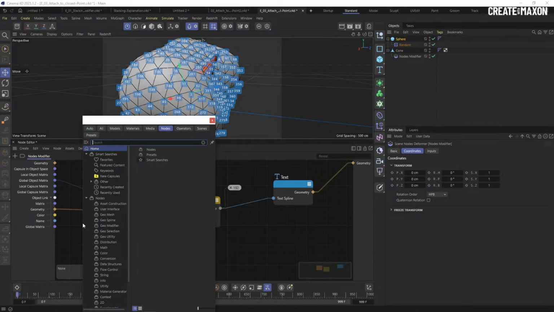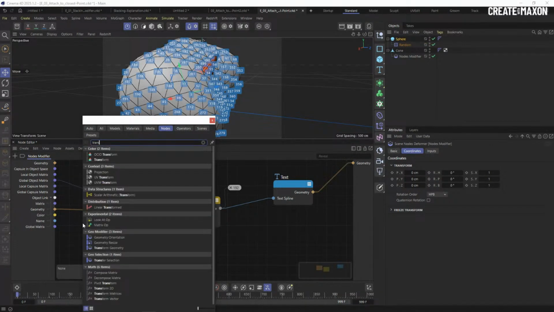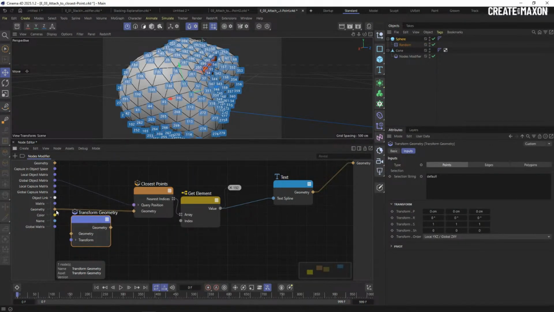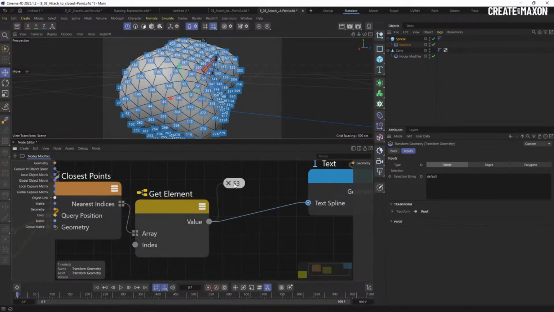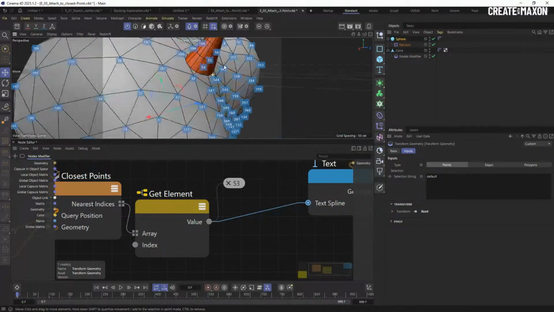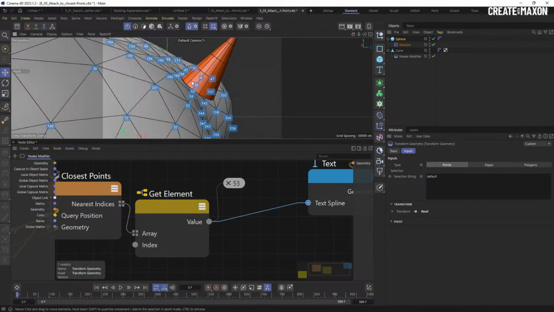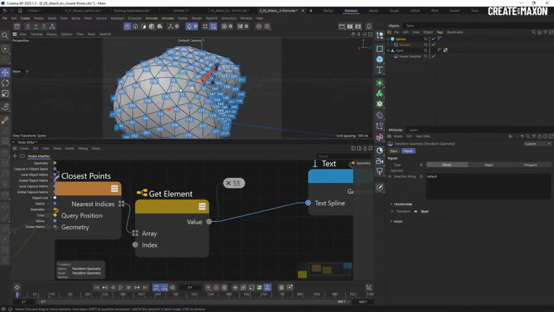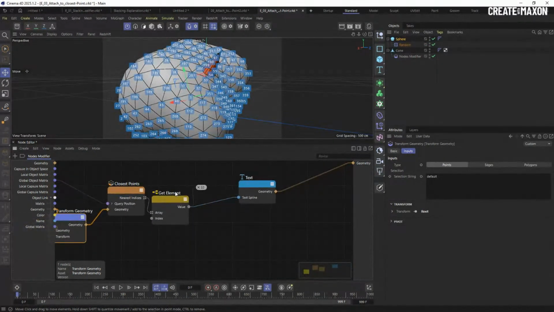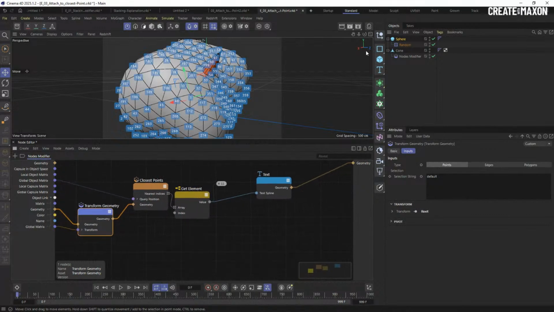So let's transform geometry, plug in our sphere, use the global matrix, plug this in here. Let's check. Now we have 53. Now this matches. You can see here this index is the closest to our cone. So great. So then what we have to do next, let's